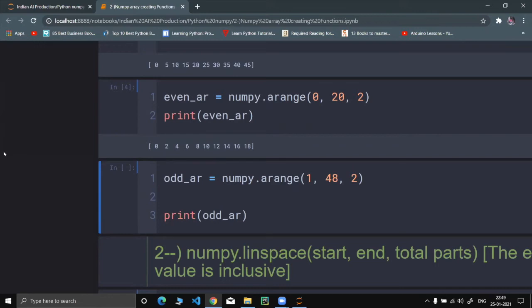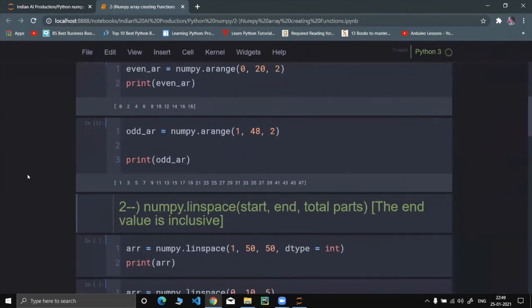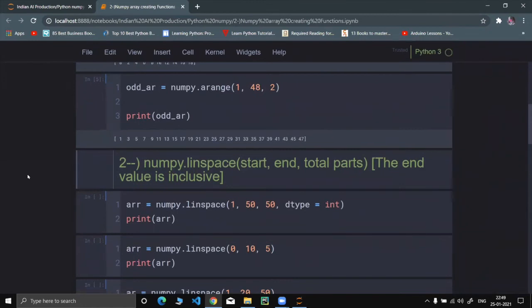Again, suppose we want to create an array of odd numbers till 48. So 1, 3, 5, 7 till 47. This arange function is clear to everyone, right? Anybody having any question on this function?